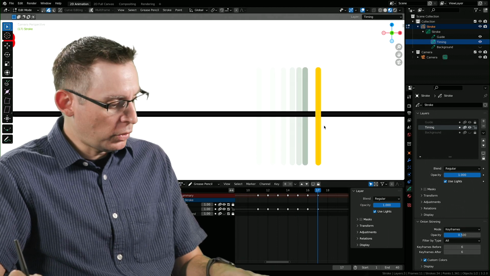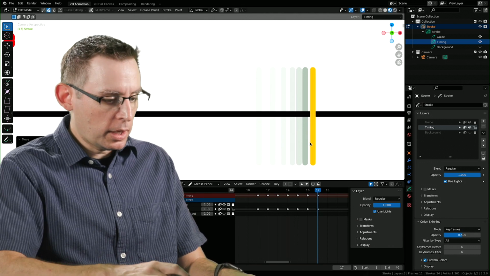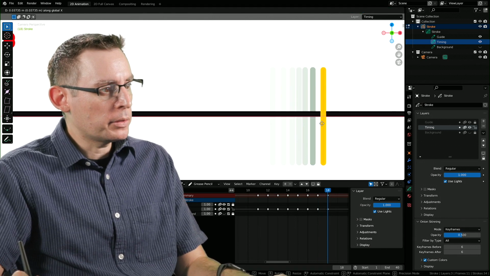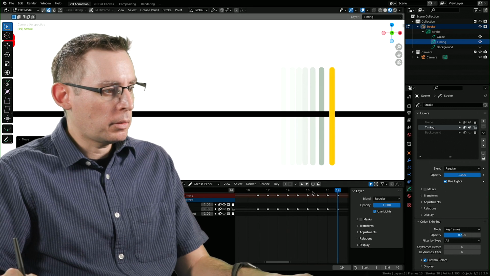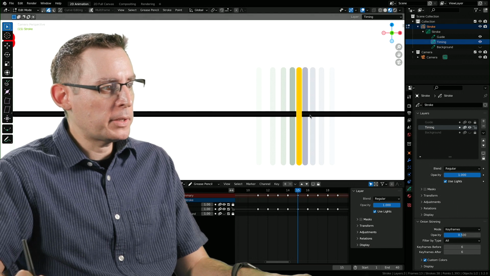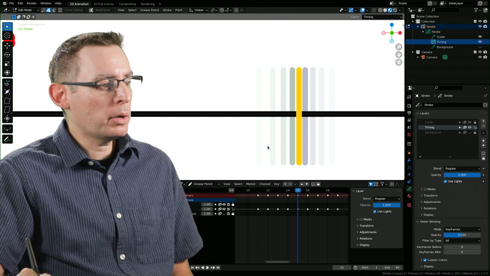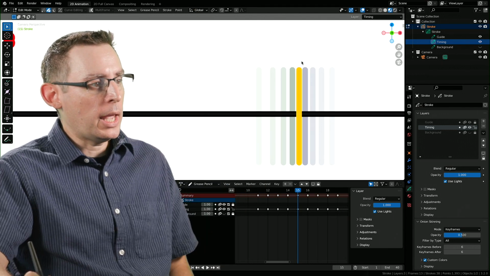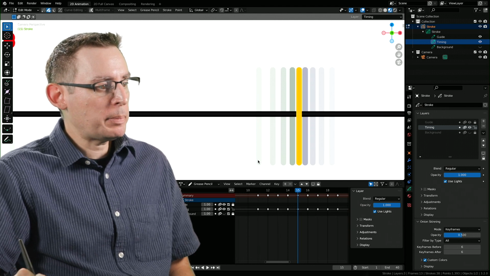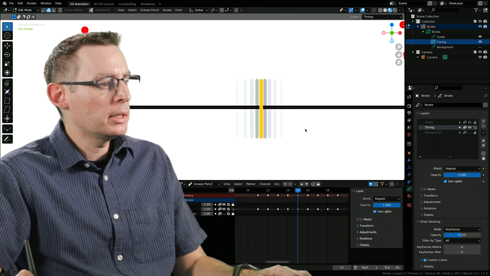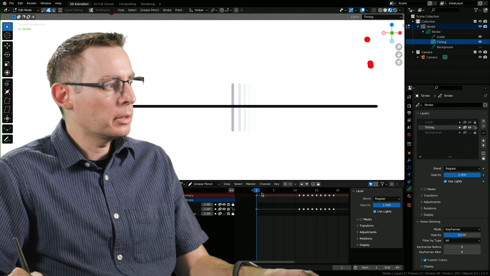Yeah, I think I went a little too far on frame 17. Grab X. And this really speaks to the power of this process, that we can prototype very quickly. All right, so here's frame 15. I have 4 frames after. And if you look at the total spacing here, this is the part of the movement where it's going up. It hits the apex on the yellow line frame, and then it goes down. I'm looking at the spacing here. Yeah, and it's pretty close. I'm digging this. Let's play it. Always play your animations.